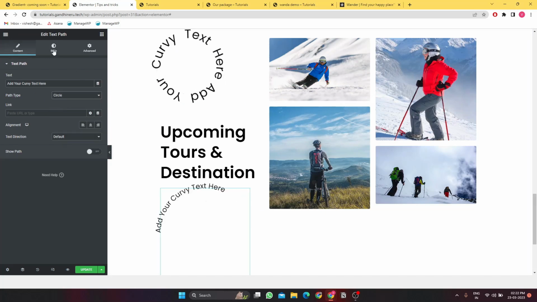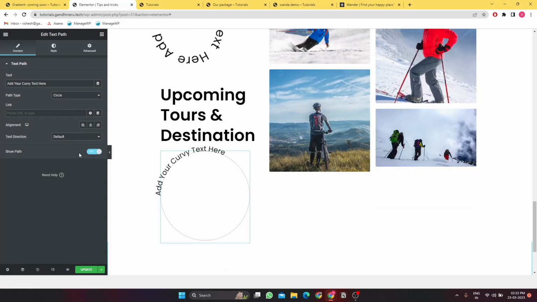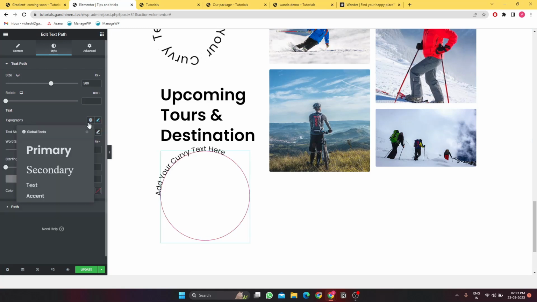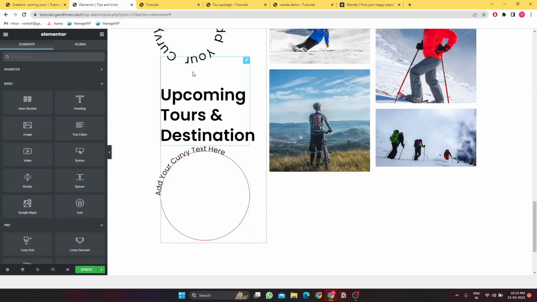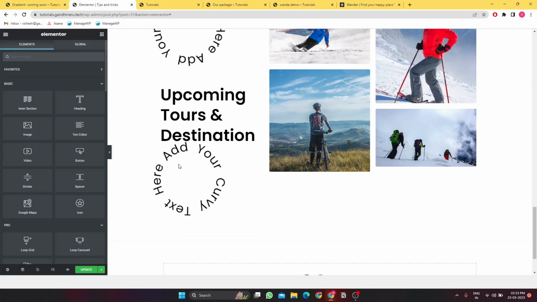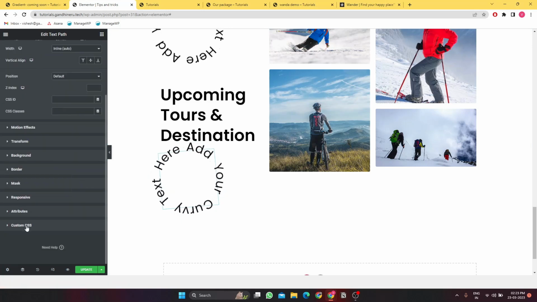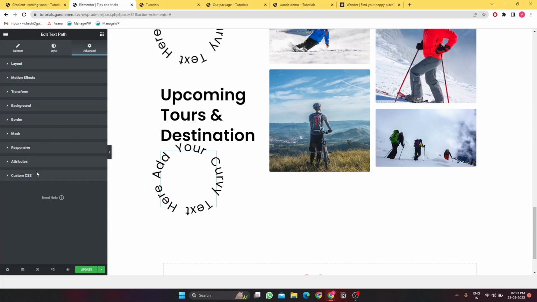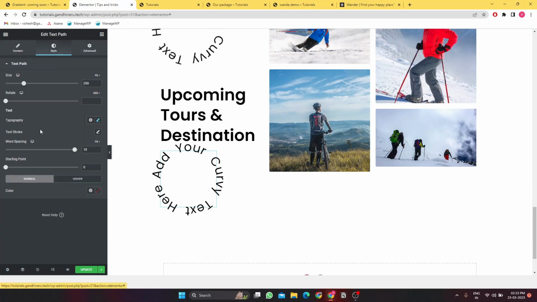Now it is circle. Now let's first click on show path. So the circle is the path that is shown. And let's go to the styling and change a bit of styling. So we can change the font. I'll just copy the styling from here so it won't waste time. And because I'm using the effect, I'll just do this first. So without the CSS effect, it will look like this, and you have no option here to make this animate or